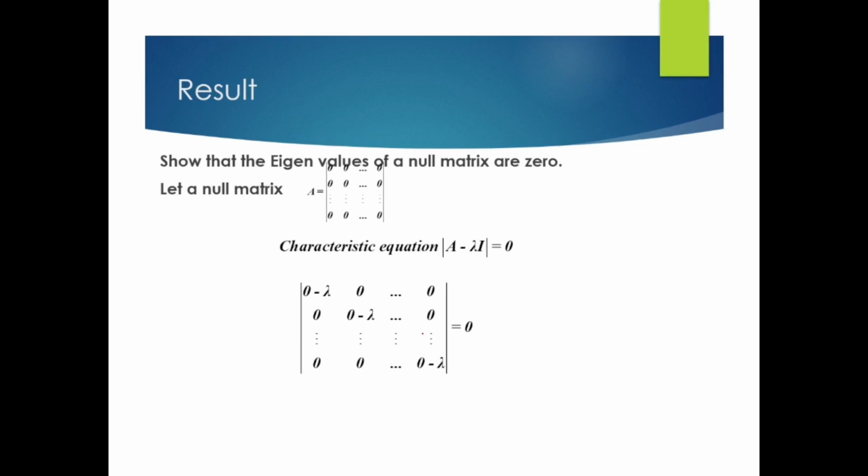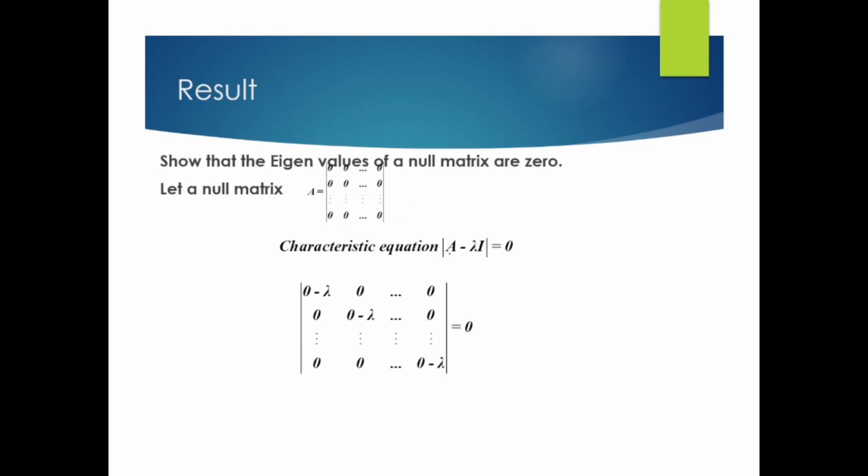You have to recall the concept of what is a null matrix, what is the definition of eigenvalue, what is characteristic equation, all those things. Now let me take a null matrix capital A with all 0 entries. The characteristic equation is A minus lambda I equal to 0. Here A is the given matrix, lambda is the scalar, and I is